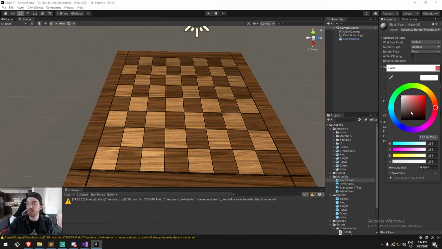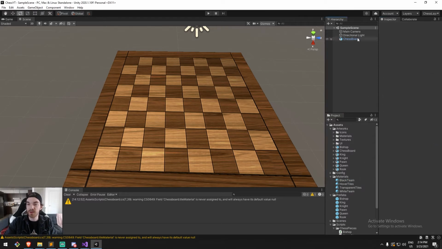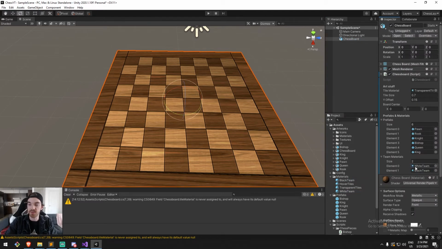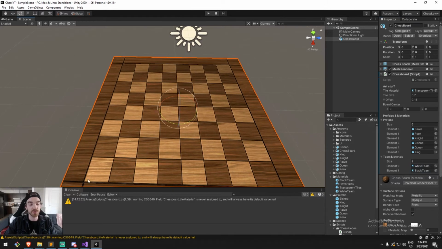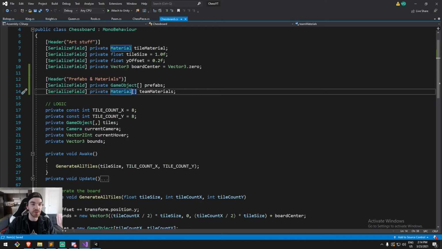And just do the normal material, but then with this black color on top of it. Okay, drag and drop these 2. So black is 1 and then white is 0. We can then start spawning them through code, which means we are going to go back on the chessboard and